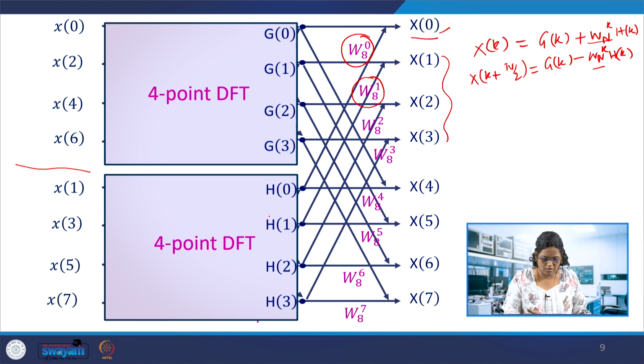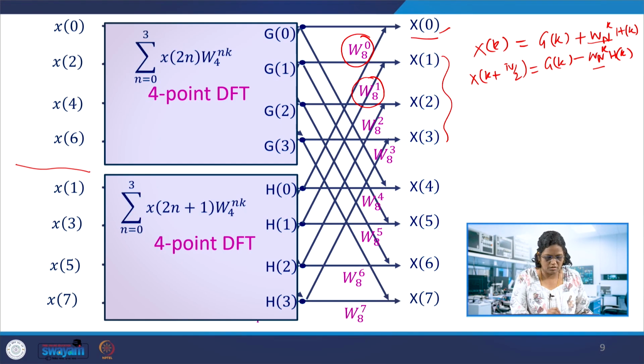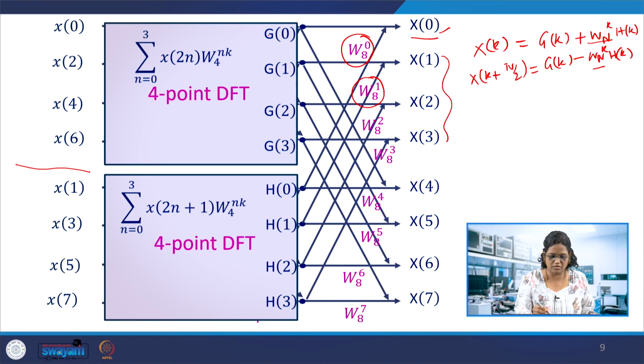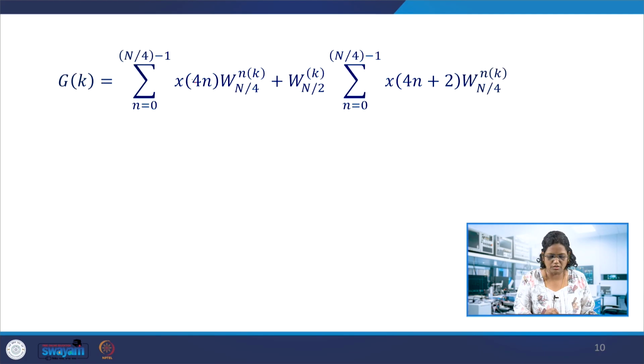Once we have this, we will also explore that 4-point DFT again. Can we do it with 2-point DFTs? So the whole 8-point DFT in the first stage we have split into two halves, that is 4-point DFTs, and in a similar way this 4-point DFT calculates 0 to 3, 0 to 3 for 2n. This is W_{N/2}^{nk}, W_{N/2}^{nk}. So the next stage comes, taking this G of k, this term here.